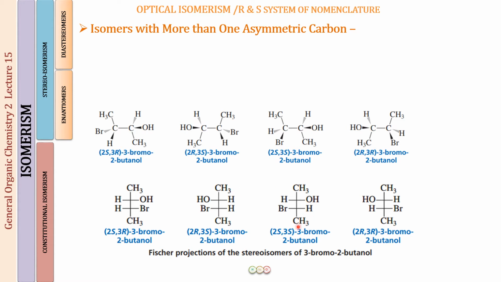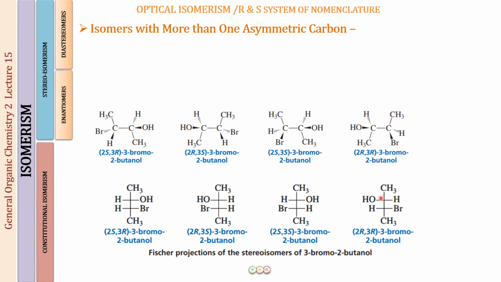Similarly, you can look at this one also. So here you can see the H and the OH, they are in the same position. So this means that there is no change of the groups. Okay, so it will be a 2S, so it is also a 2S. Here the Br and the H, in this reference, they have interchanged their positions, right? So an interchange of 2 groups, again the configuration is going to be opposite. If it is a 3R, it is going to be a 3S.